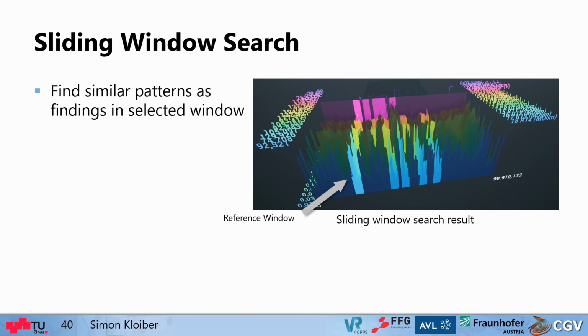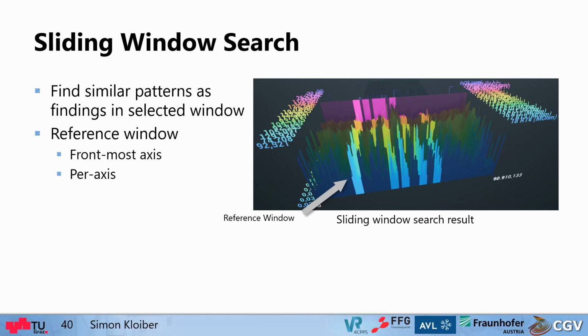Users can use the range selection on the proxy to select a time frame, and the selected time frame defines a reference window with which parts of the data with similar patterns are searched. The results are non-overlapping, and a maximum of 5 per axis are shown at once.